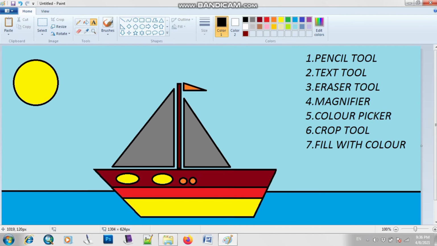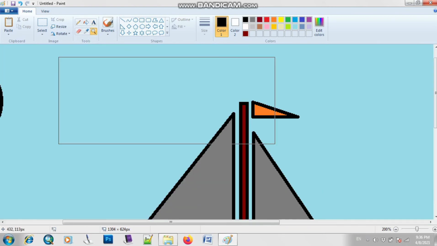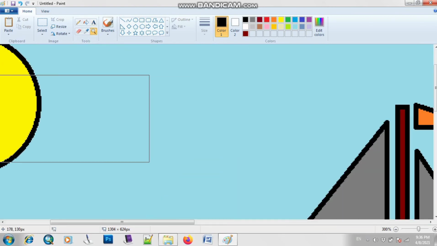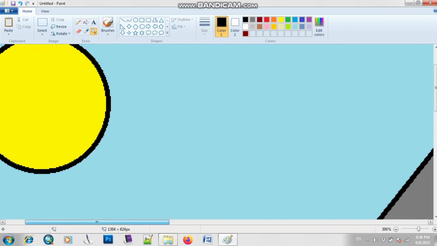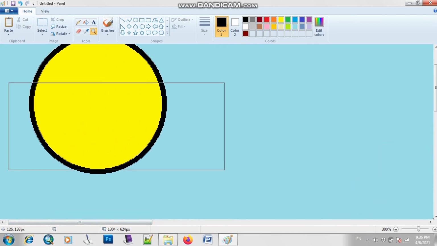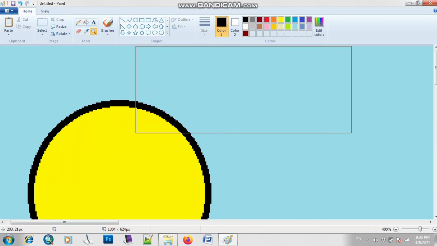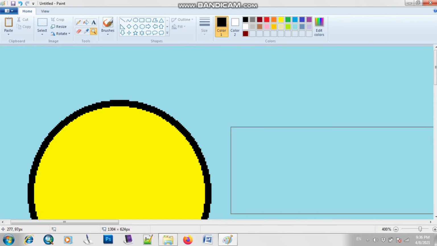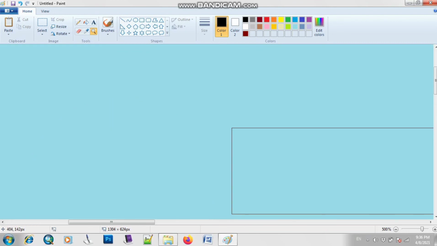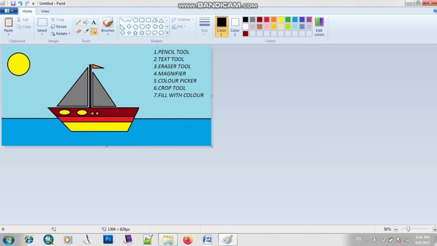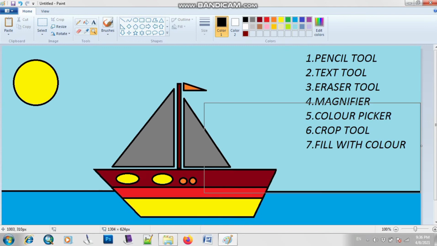Like how I can do this, as you can see, you just have to click on this tool, magnifier, and just as you can see, इस तरह से आप अपनी इमेज को जूम इन कर सकते हैं और जूम आउट कर सकते हैं. लाइक अगर आपने इमेज का साइज़ कम करना है या बड़ा करना है, एंड एट द एंड उसी तरह से आप अपनी इमेज का साइज स्मॉल कर सकते हैं. So here as you can see there is one more option of zoom in, and this is your zoom out. You can also use this one.